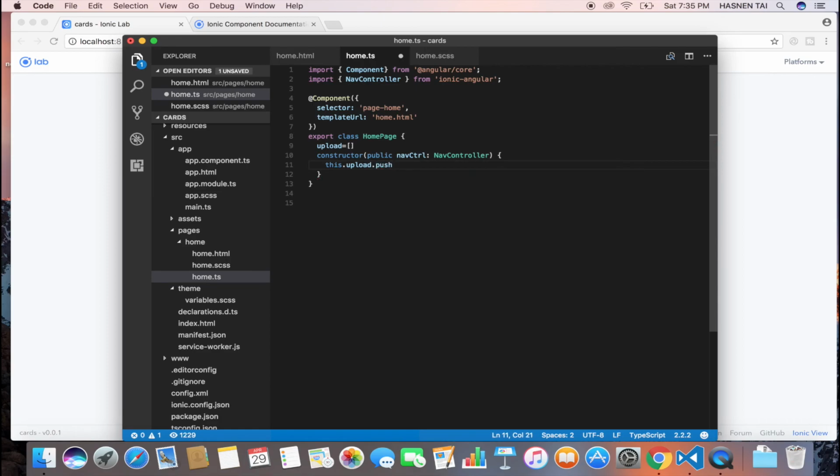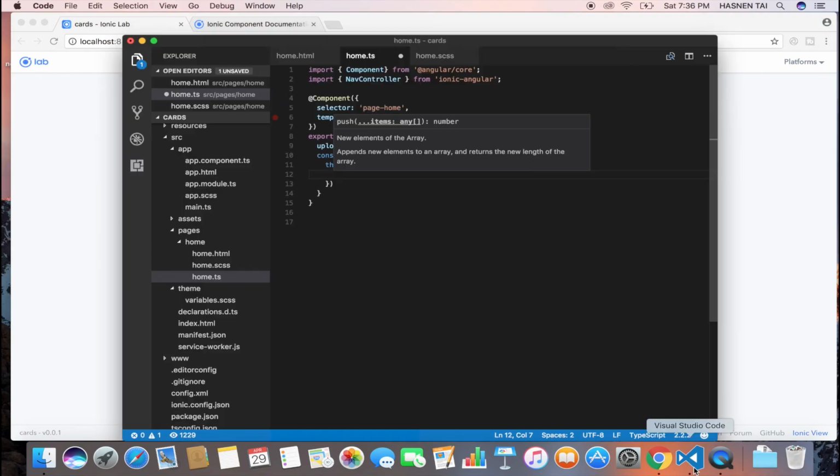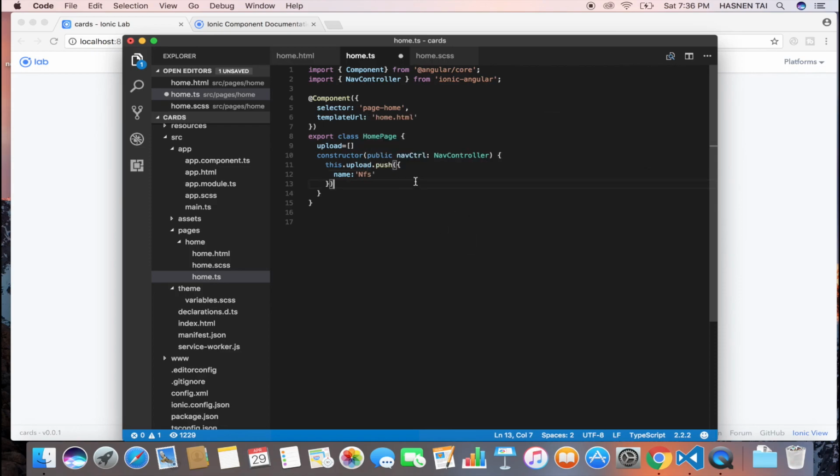dot push. Now this will push the data, and do you guys remember, we are going to store the name, date of birth, the image, like counter, comment counter, tag counter, and our time. So we will be having 1, 2, 3, 4, 5, 6 and 7 values inside the array. So the first value will be name, and the name for the first card is NFS. Okay, the second part will be the date of birth, DOB,